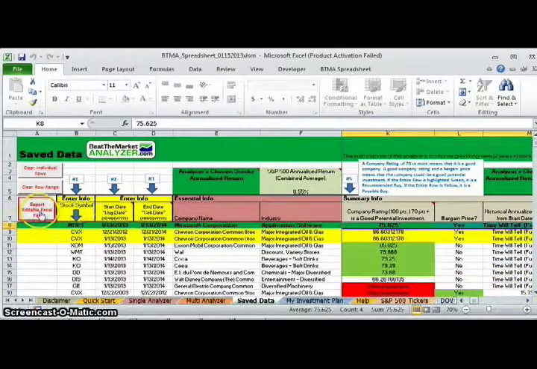Okay. Next thing is export editable Excel file. So right now